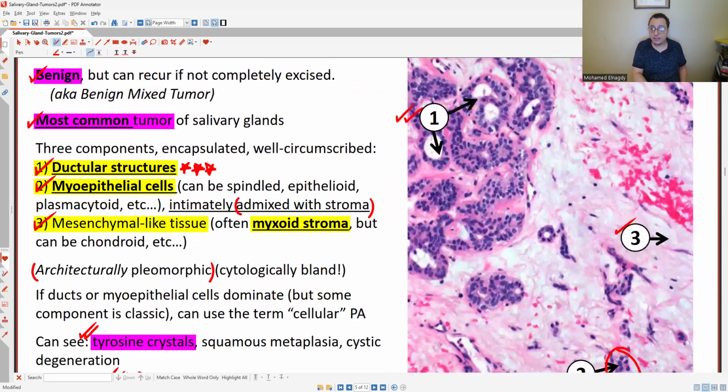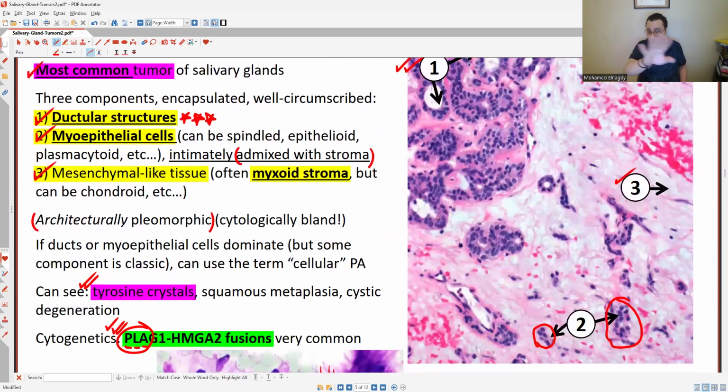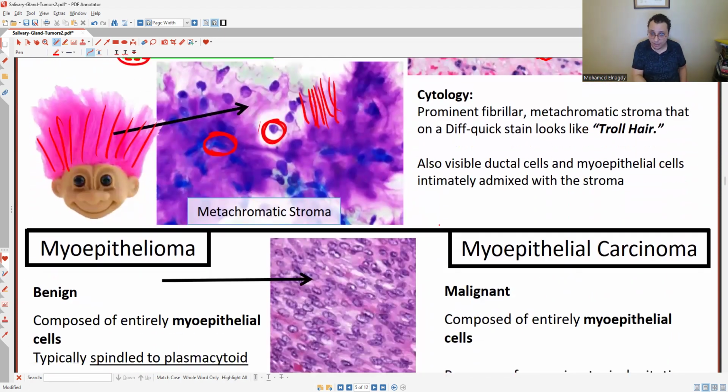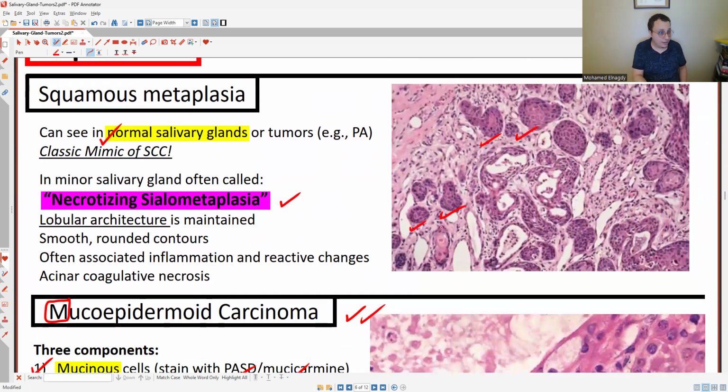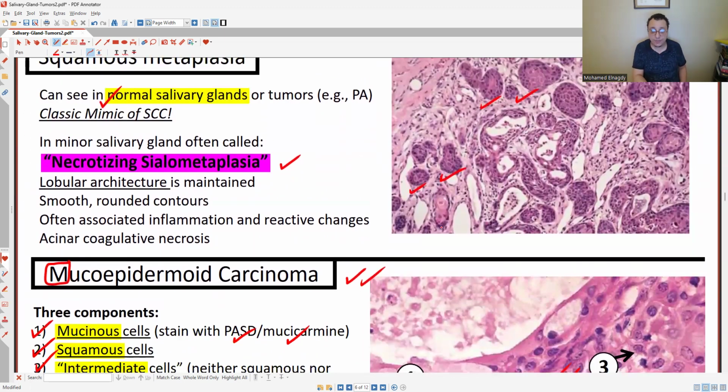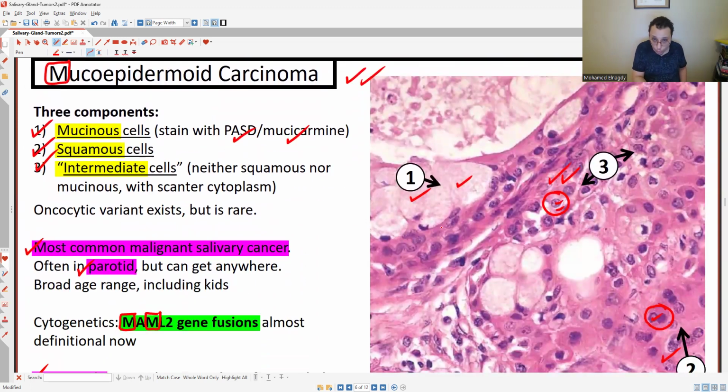Then the pleomorphic adenoma, in the spindle cell component, you have the triad of the ducts and the islands of myoepithelial cells and the myxoid stroma with mesenchymal elements. You might see some chondroid elements. You might see adipose tissue. You might see anything. Squamous, remember the mucoepidermoid,